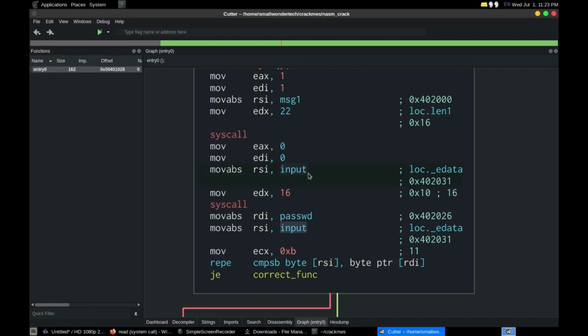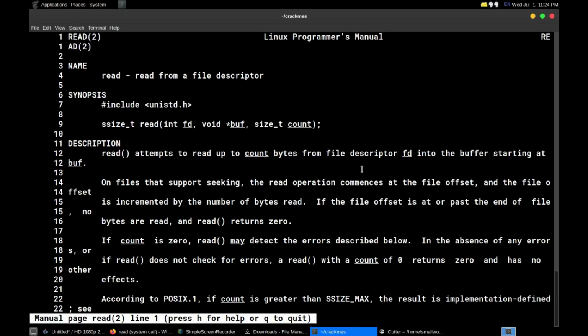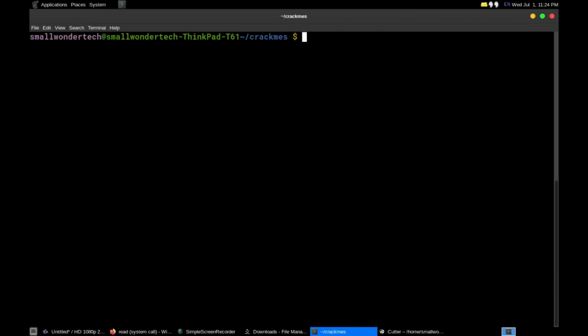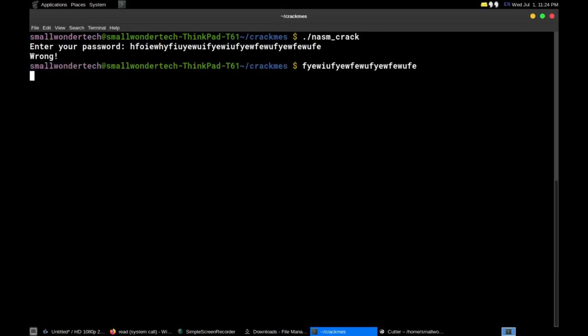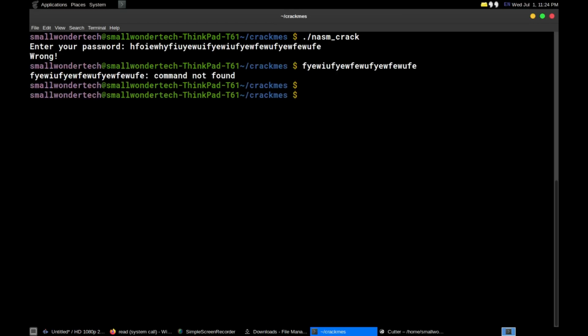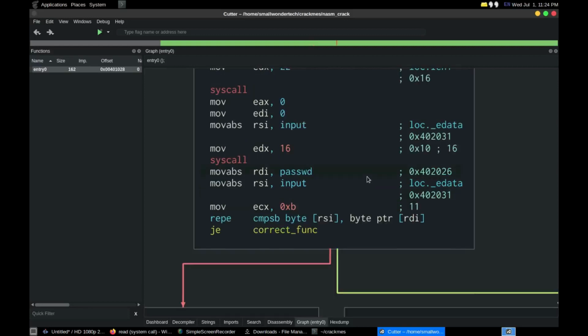So essentially what this means is that I don't know if I should enter more than 16 characters. I think this is gonna cause like a buffer overflow or something. Well, let me check that out before I continue. So let me run this and enter something more than 16 characters. I think this should be more than 16, and it says wrong nonetheless. Oh, cool stuff. Actually, what happened was I think it just breaks the rest up or something. Anyways, so that's that. It just takes in 16 characters, and it calls the syscall and reads this data